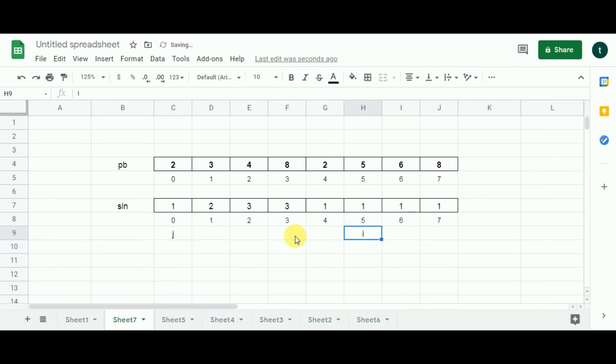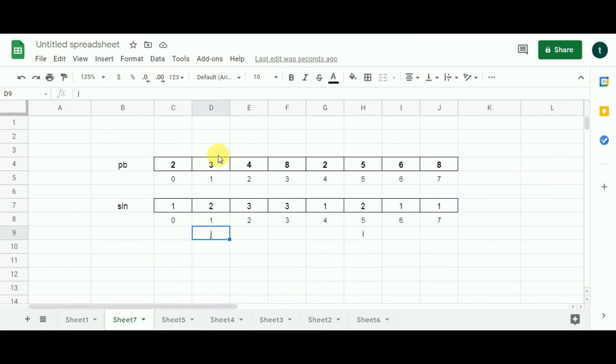Now I represents 5. J represents 2. You can see that both the components of the condition are satisfied. The condition itself is satisfied. 5 is greater than 2 and 2 is even, 5 is odd. So what we are going to do, we are going to add 1 to this value of j. 1 plus 1 is 2. 2 will be compared with this one, and which is maximum? 2. So we place 2 over here. Now j moves one cell to the right. Why do we add 1 to every value of j where a condition is satisfied? It signifies that we are getting one more integer in our subsequence.